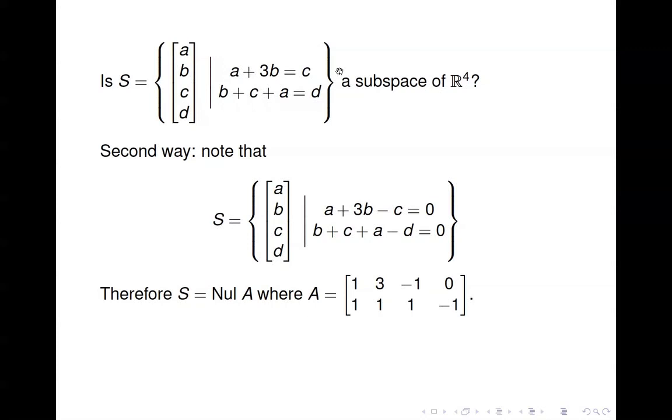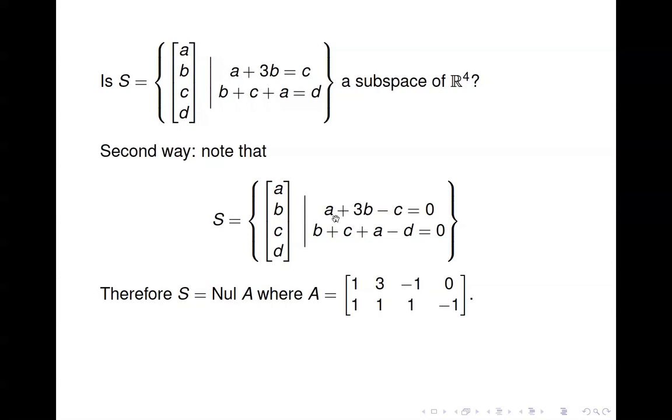So basically I've taken these two equations that we have here, and I've taken all the variables over to the left side, and so we've got zeros on the right. And so when you see zeros on the right, you should think, that's a homogeneous system. So we can write S as the null space of A, where A is equal to the coefficient matrix from this